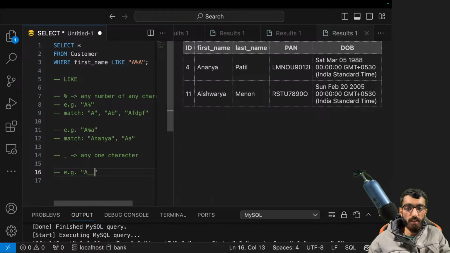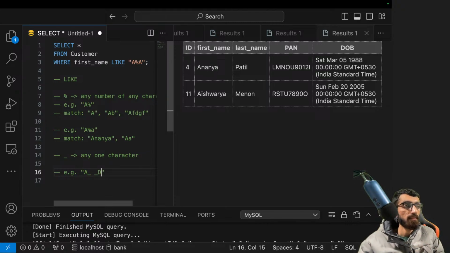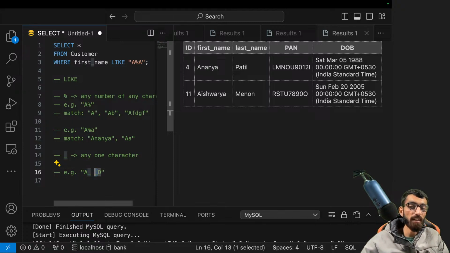There are two dashes, separate, right? I'm putting just a space so you can see that these are separate. D. So now what will happen? As I said, any one character, right? So this will exactly match